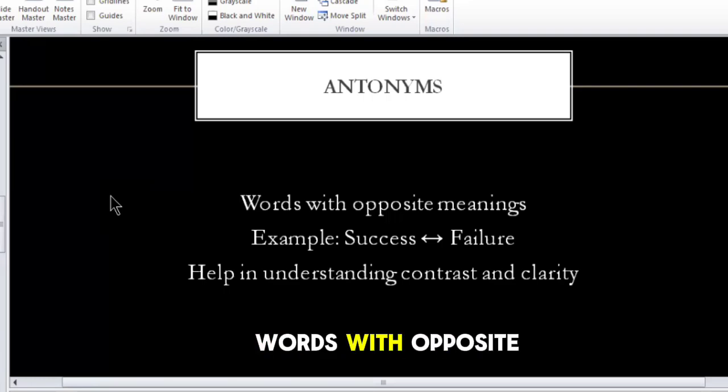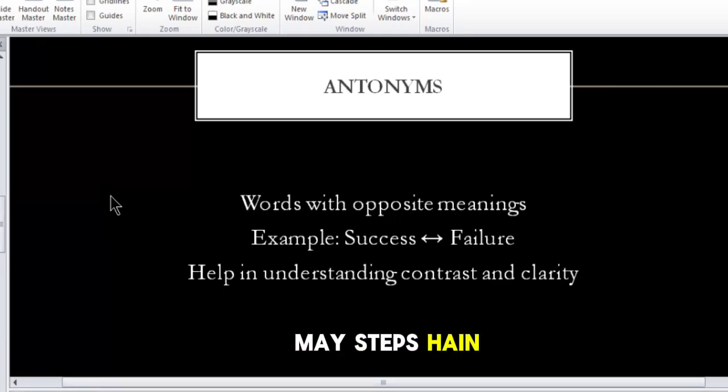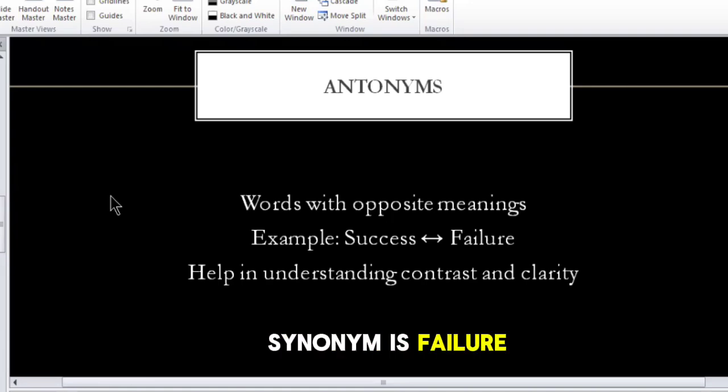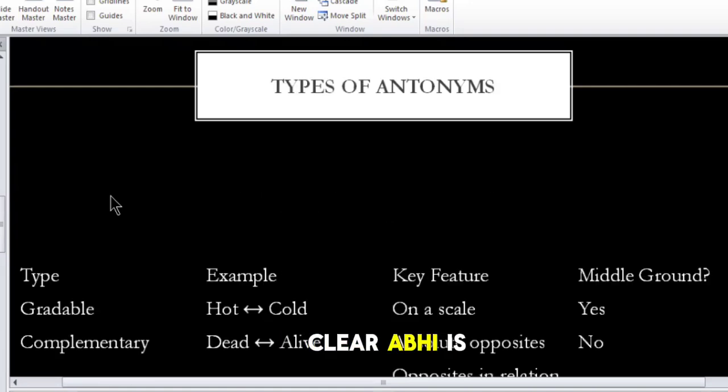These are the words with opposite meanings and it also helps in the contrast or you can say the clarity, but they are further gradable and degradable. Gradable अभी कैसे होते हैं? इनमें steps हैं, hierarchy है, step wise इनको हम divide करते हैं that like first इसकी example लें, success is a word and its antonym is failure. Clear? अभी इसके आते हैं types में